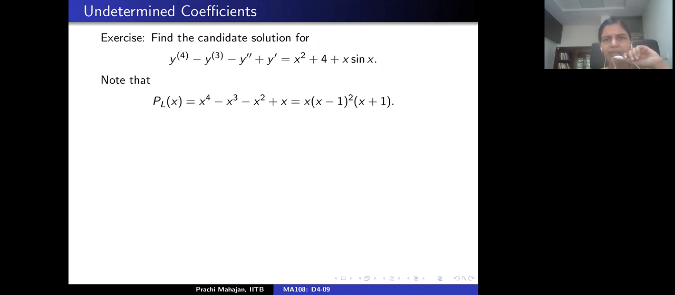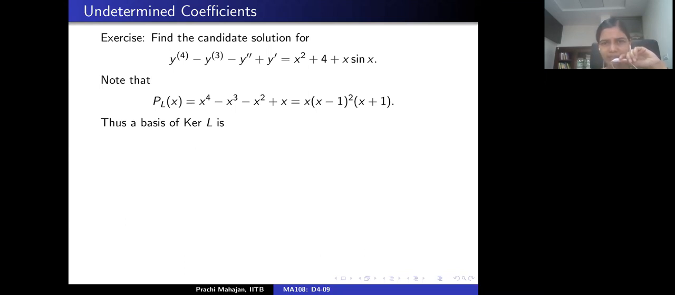x is a factor. So you can pull out x, and you will be left with the cubic, and it so turns out that that cubic is actually (x minus 1) square times (x plus 1). Right? So the roots are 0, -1, and 1 with multiplicity 2. Okay, so you look at the solution space of the homogeneous equation, and one can write down 4 linearly independent